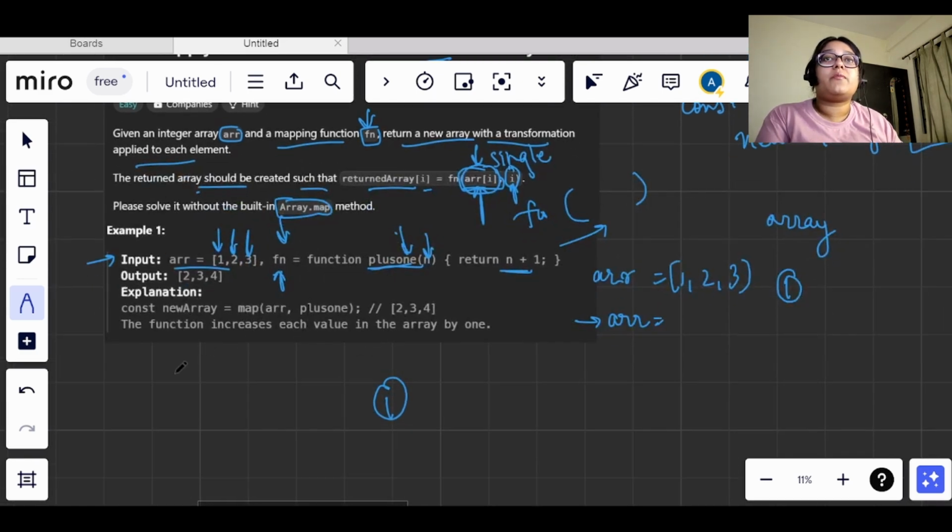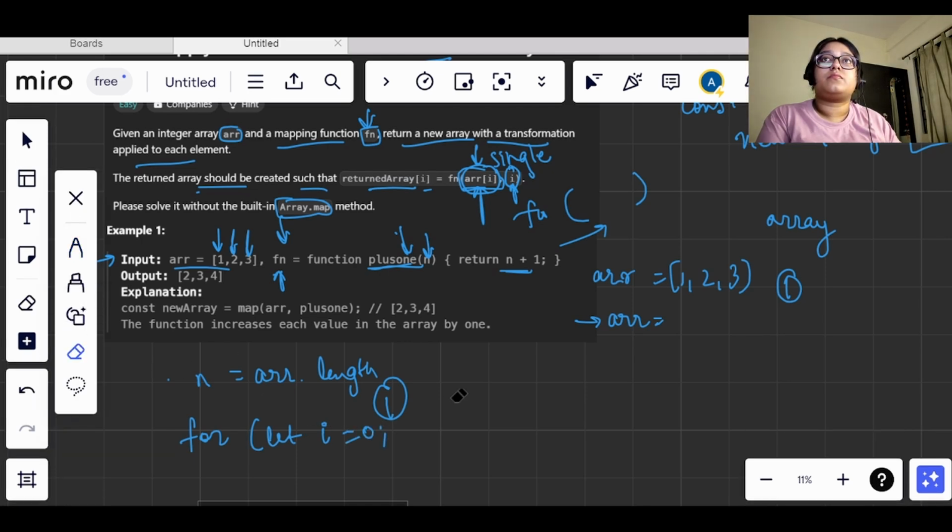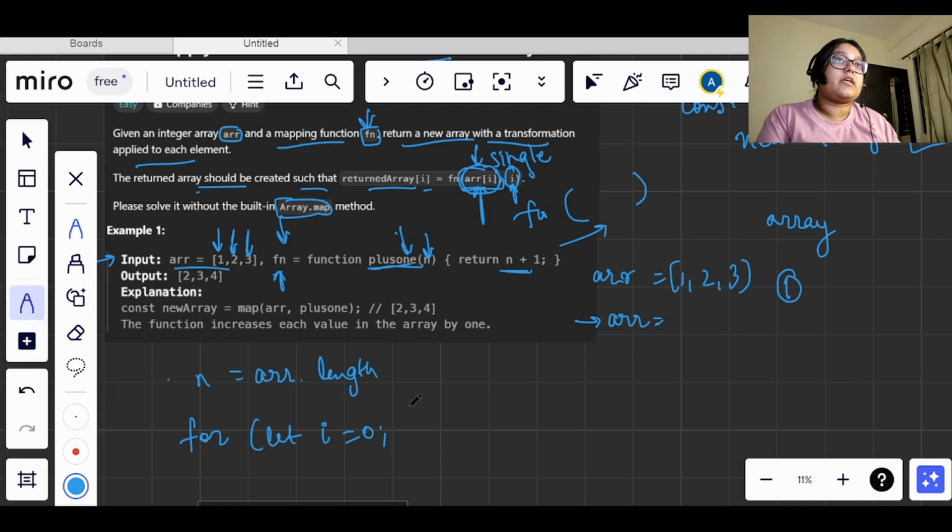If n is the length of the array, then I iterate from 0 while i is less than n. I need to pass each and every value of this array, so that whatever changes are made are reflected in each and every element.